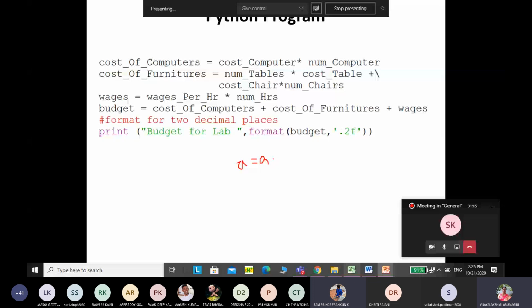Coming to this, A equal to A plus 1. In augmented assignment, how can we write this? A plus equal to 1.